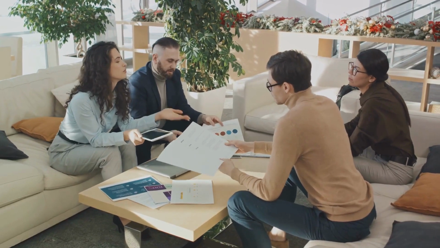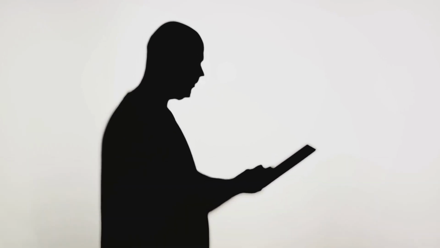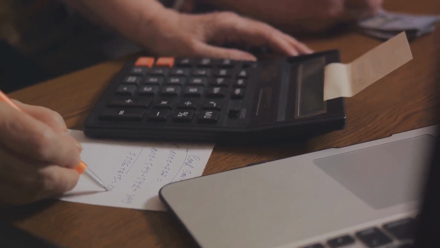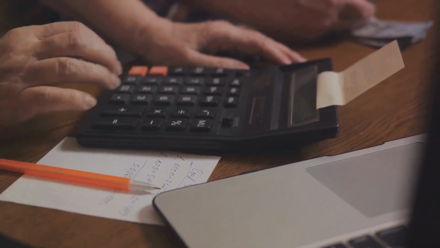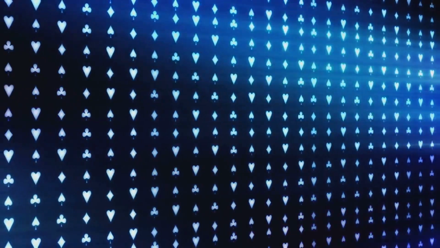As we wrap up, let's review what we've learned. We've covered a lot today, so let's do a quick recap. We started our journey into the world of sports betting by understanding its core concept. We delved into the intricacies of betting odds, learning how they are set and how to interpret them. They are more than just numbers, they are the heart of sports betting, representing the probability of an event happening.